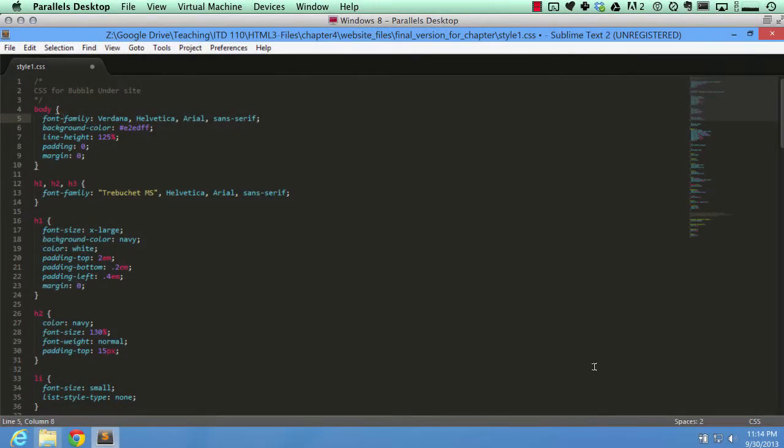Hello there. I've been doing some grading and I wanted to give you some tricks on how to make your life easier with Sublime Text 2. Dreamweaver has similar tools and many applications that you use to code web pages have similar tools. However, Sublime Text happens to be the tool that I use as a web designer, and I've come to really appreciate